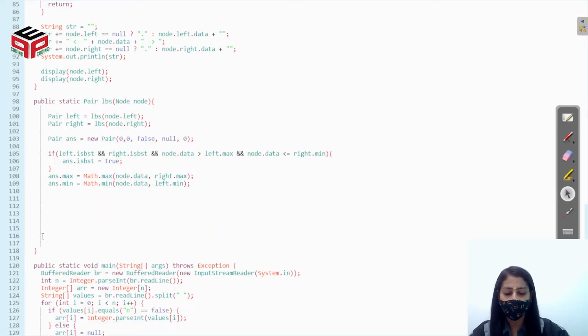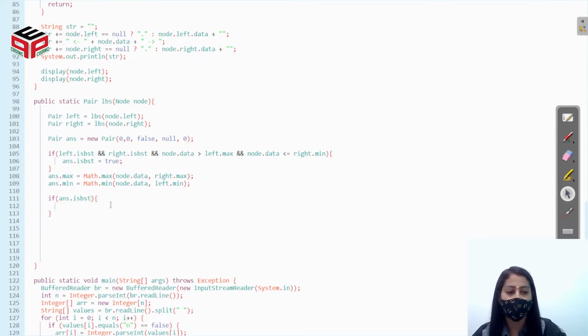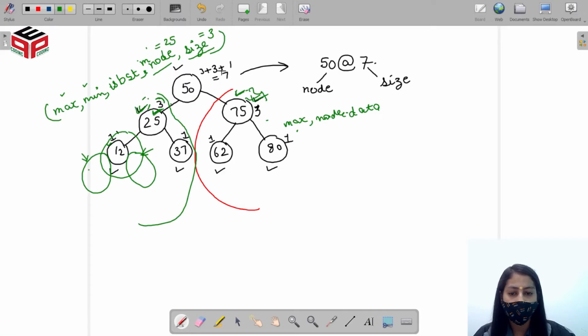So first of all, we'll check if the node itself is a BST or not. Now we know that if this node is a BST, then it will be greater than all its right as well as the left subtree. Why? Because the size of this will be the size of the left subtree plus the size of the right subtree and plus the size of itself.